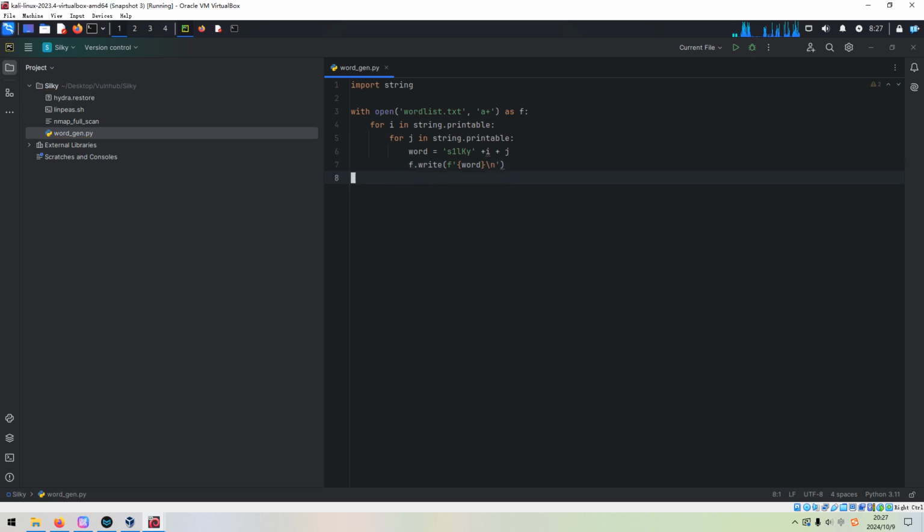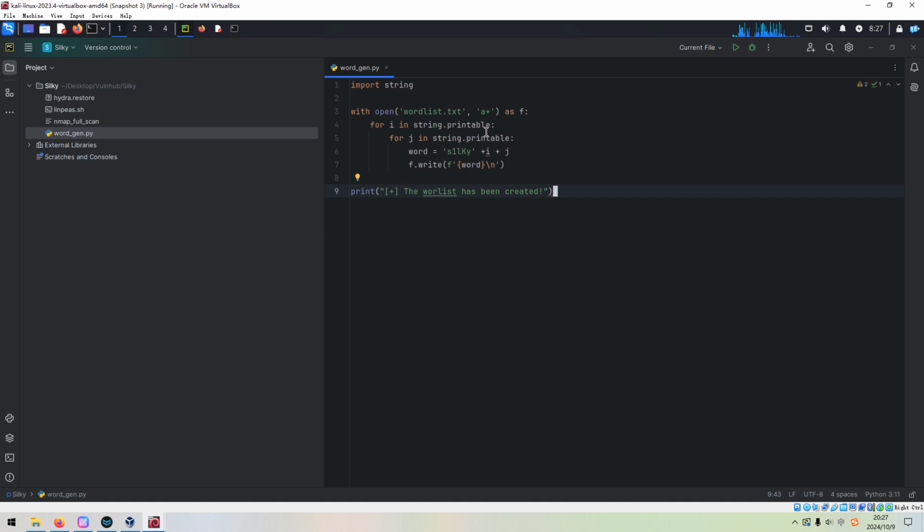Okay, and when it's done, we can print some message like the word list has been created. Okay, so I think this should be good to go, and let's run it.